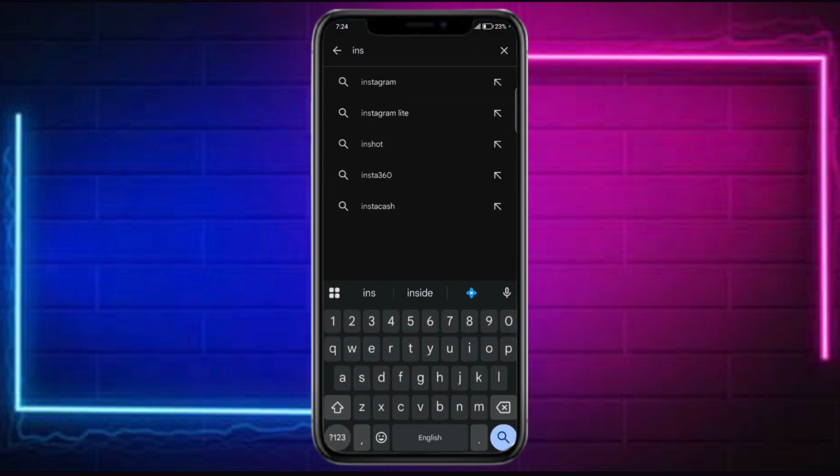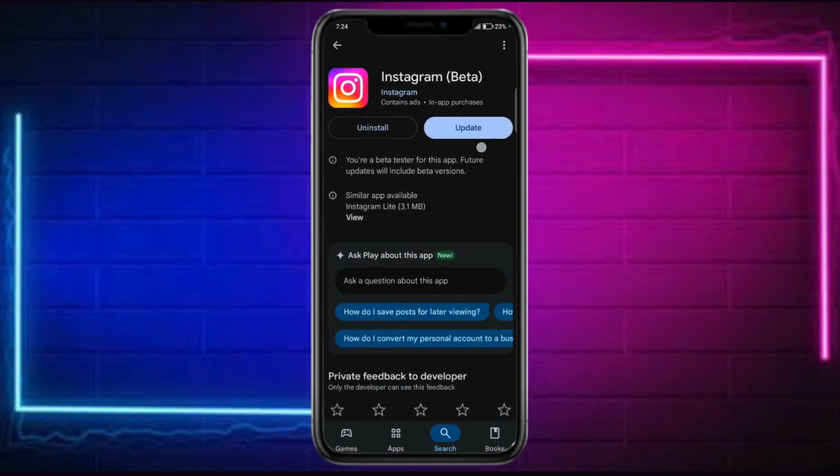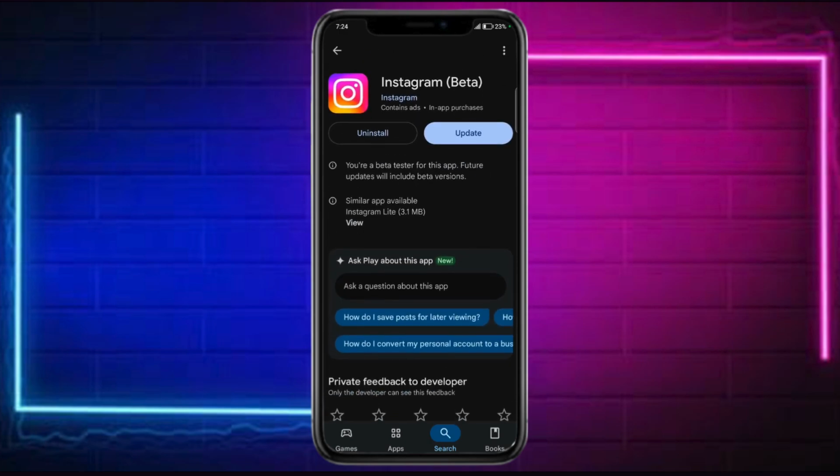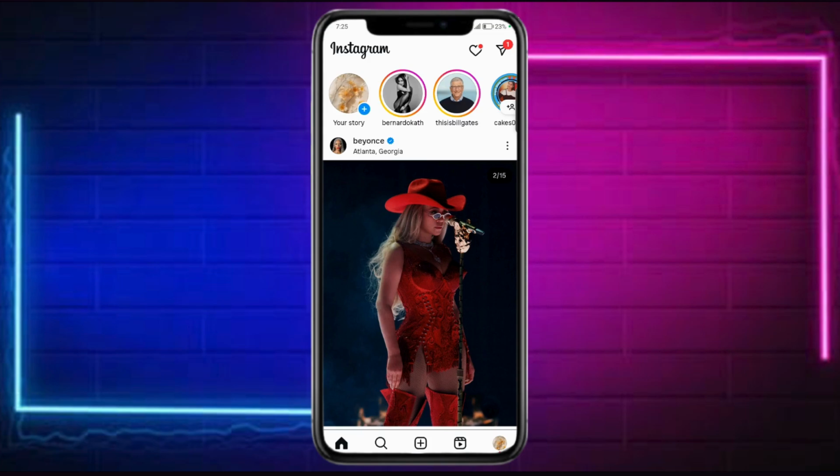Click onto the search bar and search for Instagram and click on it, and make sure to click onto this update button if there's an update available for the actual app. So actually doing this will solve the problem, but if it's not, you can head back to your Instagram, go